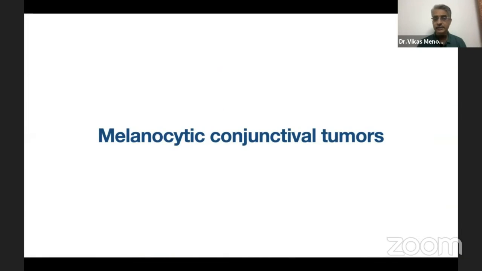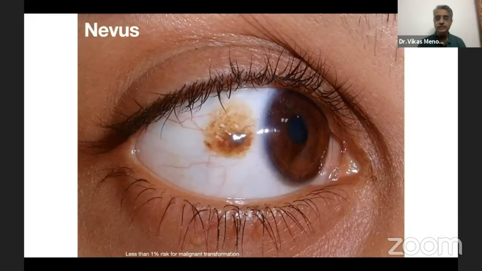The next common thing that we see in the pediatric age group is melanocytic conjunctival tumors, the most common being nevus. And nevus is what? Nothing but a patch of pigmentation which is relatively well defined. It may be slightly elevated, present near the limbus in the interpalpebral fissure, and sometimes you may see small feeder vessels. Nothing to be scared of those feeder vessels. They don't implicate a malignancy in this situation. They're very fine feeder vessels. And if you see these microcysts within the lesion, which may be seen in 60% of these lesions, then you can be reasonably certain that what you're seeing is a benign lesion and not a malignant one.